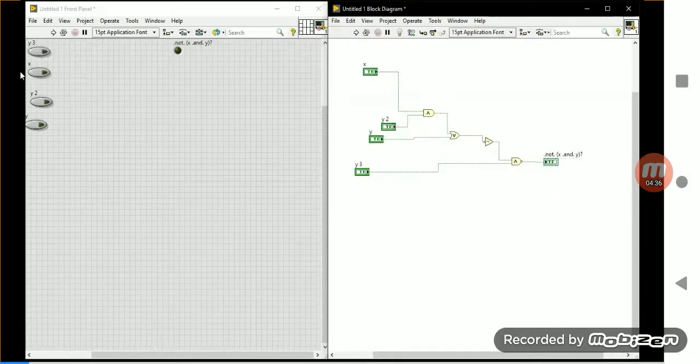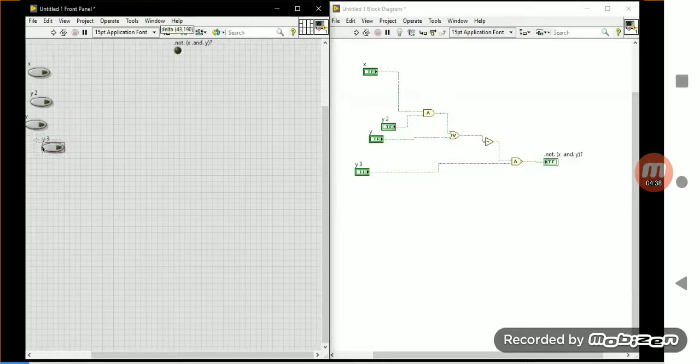Here you can see I have done some logical expression. In this place, if you want to create a sub-VI, what are the things you will consider first of all?